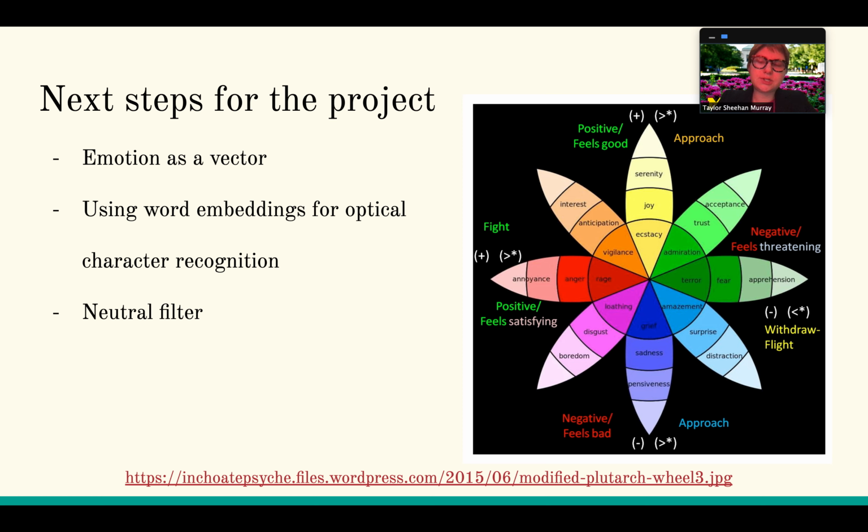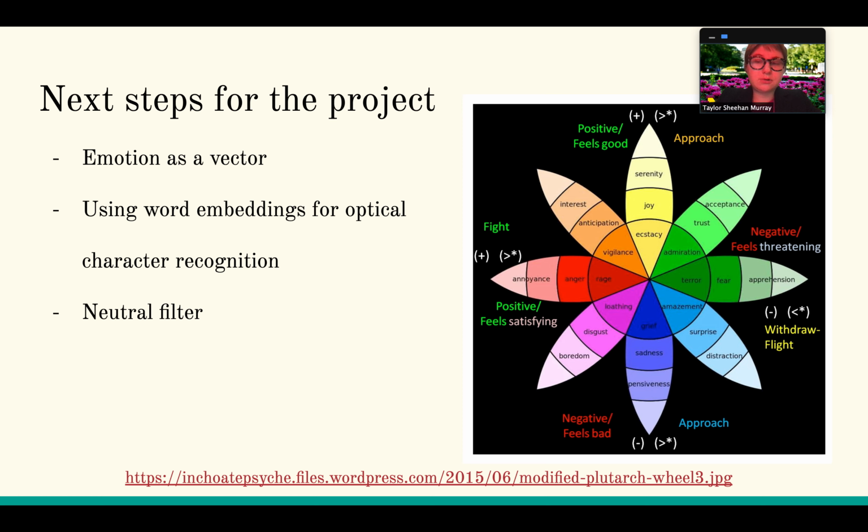Some further steps for this project is thinking about emotion as a vector. So we tried to do this as like either you're this or you're this. You can't be both, really. And so, something we classified as anger, if we classified it as sadness instead, that would be a 0. We got that wrong. But maybe thinking about how it's closer to sadness than it would be to happiness, right? So trying to think about emotion as a more continuous thing.